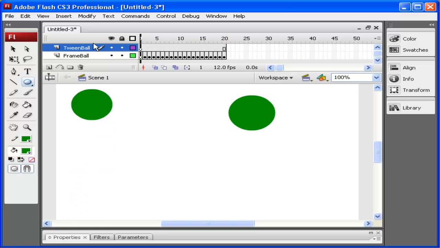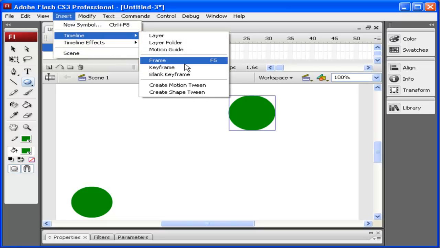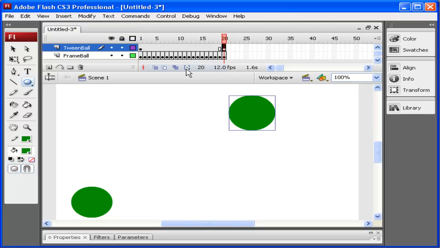Now what I want is I want the green ball, the second one, to follow the same motion that the first ball has. So I'm going to go ahead and click on the last frame, which is the box, and I want to insert a keyframe. So if I go up to Insert, Timeline, and I'm going to choose Keyframe, it converts that last frame to